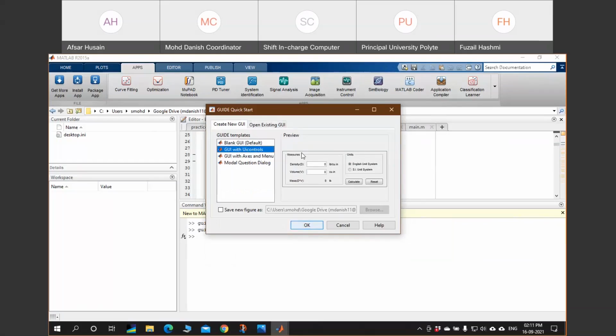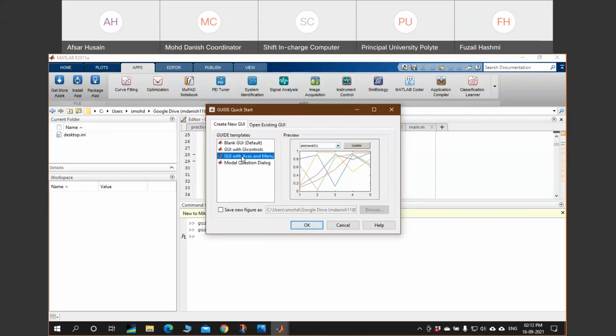Some measurement units are mentioned. This is a template where, with the help of this already created menu, you can create your own buttons and do the programming.